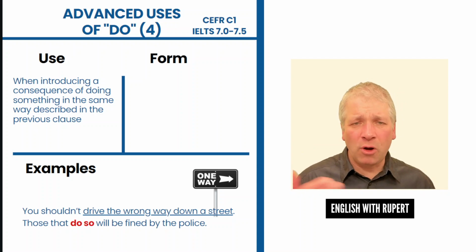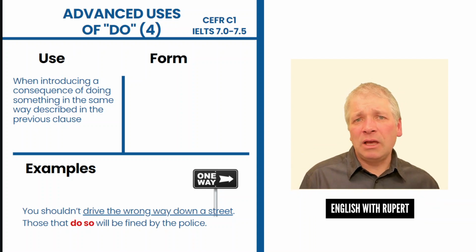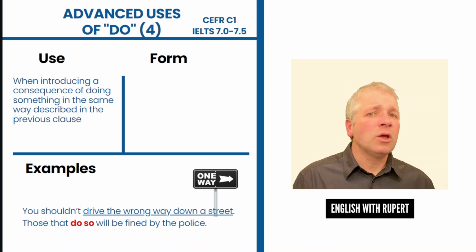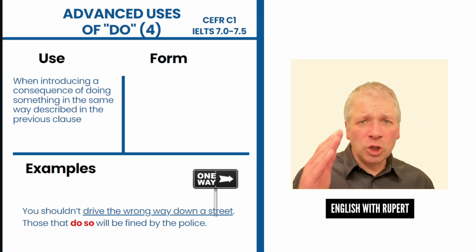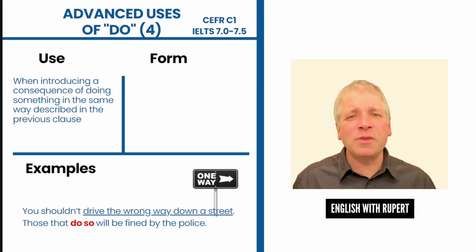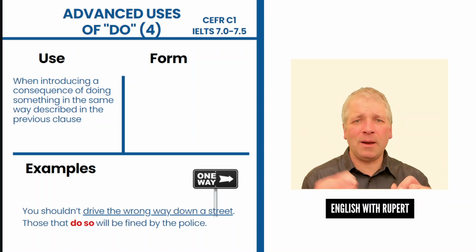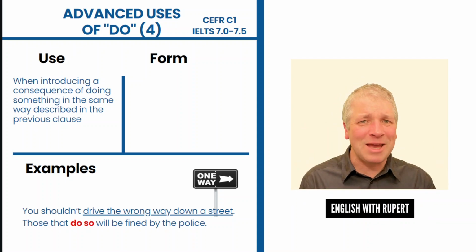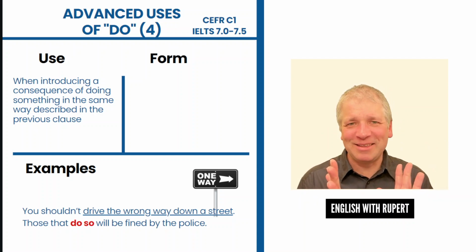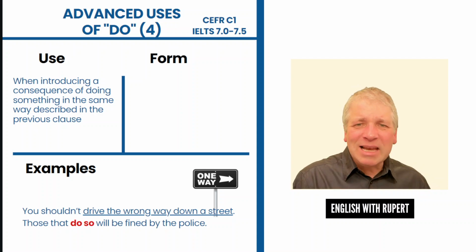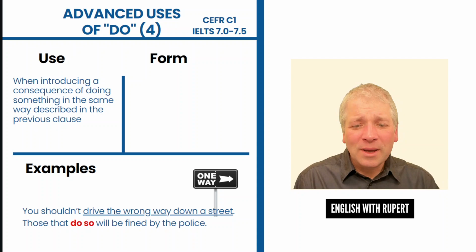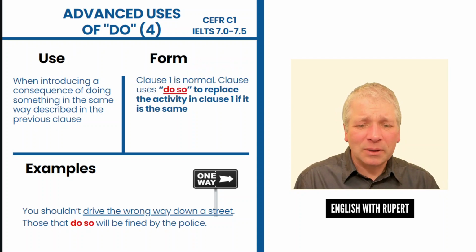You shouldn't drive the wrong way down a street. Those that do so, or if you do so, you will be fined by the police. Those that do so will be fined by the police. So do so here repeats the previous information, which was quite long, so you're shortening the sentence, and it leads into the consequence. So the form is fairly simple,